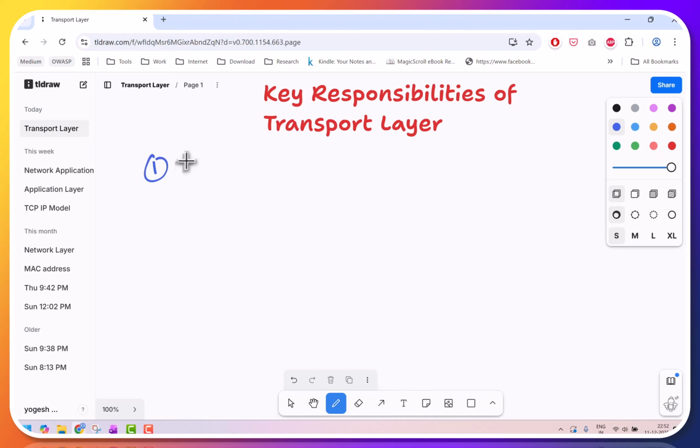it connects the application, or it extends the application to the network. That is its first responsibility. What it does is take a message from your application, do its task in the middle of this pipeline, and then forward it to the network layer. That is its main responsibility. So it extends the network to the application. Then